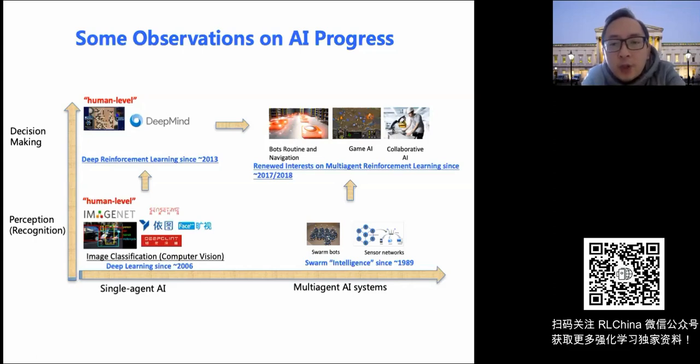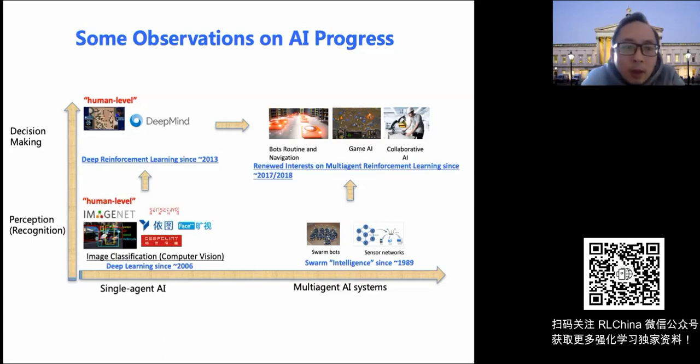On the other dimension, say you have one machine, but what if you have multiple machines? Are they able to collaborate together? How are they going to interact with each other? This is the multi-agent system. When you have a multi-agent system, things become slightly more complicated, because you need to consider not just one single objective. Each individual AI system might have its own different goals and incentives. How do you coordinate them together? I think this is a really big question.